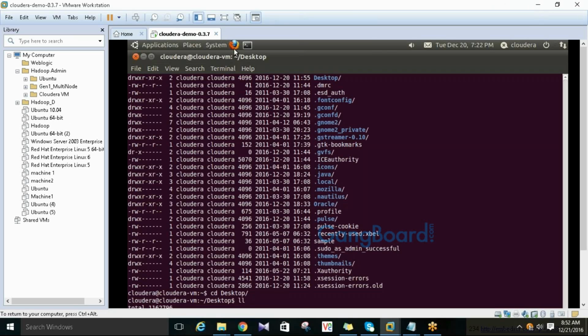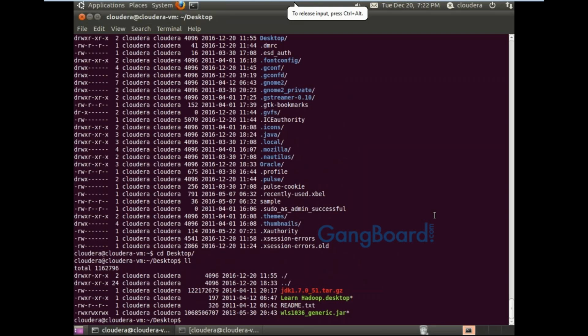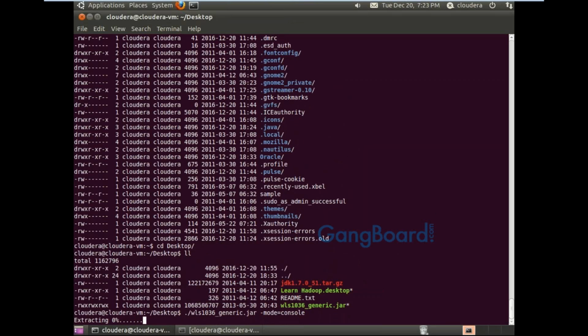Can try it here. Dot slash, with the attribute hyphen mode equal to console.